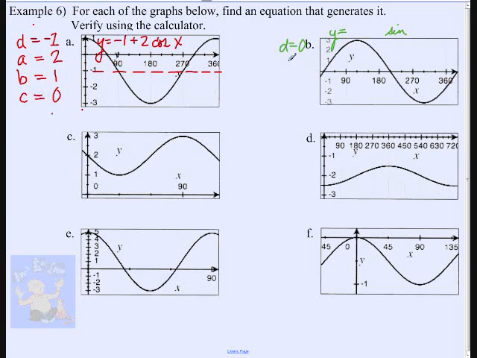My amplitude looks like that's A. Whoops. Looks like that's 3. And it's not reflected, right? It's normal, so it's going to be a +3. So I've got 3. And my period,